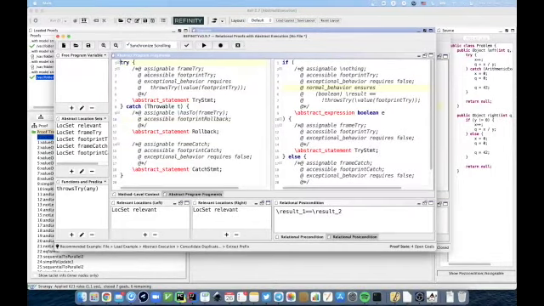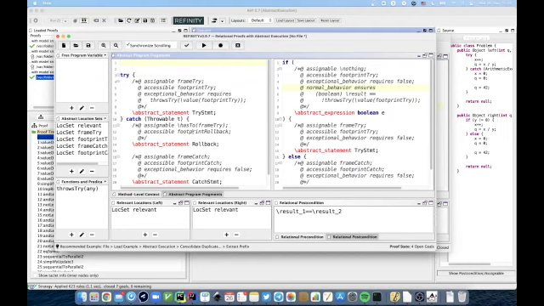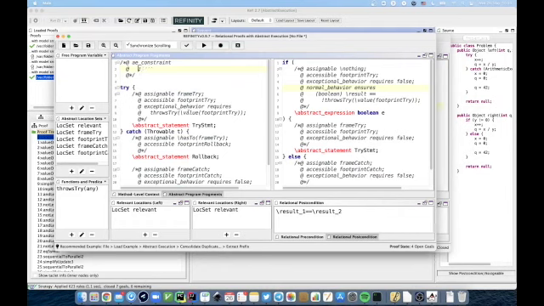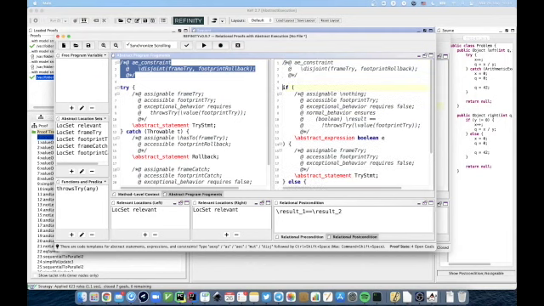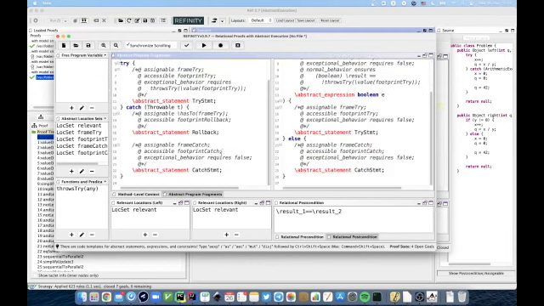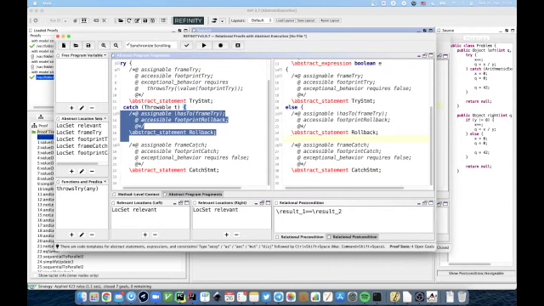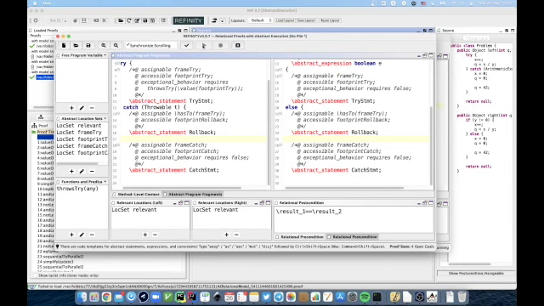So I will now declare a constraint saying that the frame of try and the footprint of rollback are disjoint, and I can do this by writing abstract AE, like abstract execution constraint disjoint, and the arguments of this are frame try and footprint rollback, and I also have to copy this for our target program here. So that's the same thing, and also add the rollback statement, of course, because otherwise I have totally different programs. All right, I guess that should be fine. So let's see whether there are any typos and everything's correct.